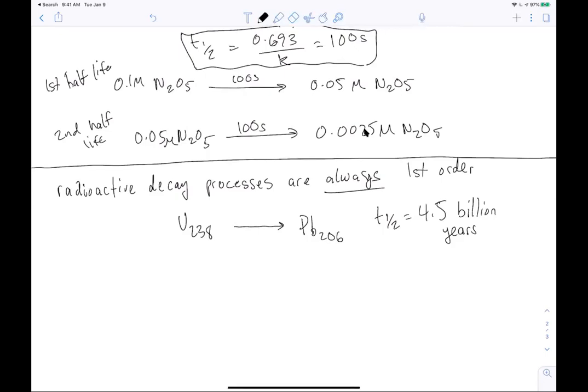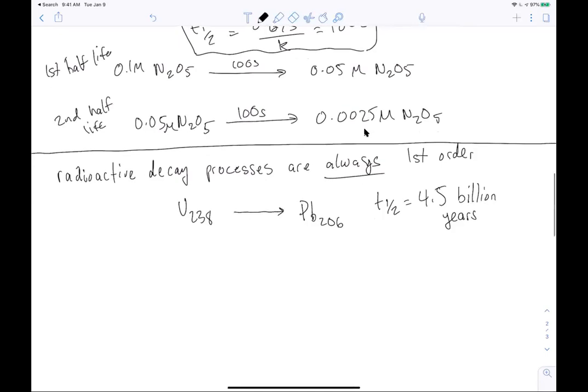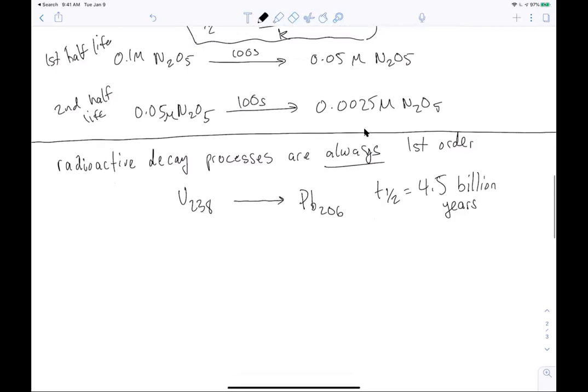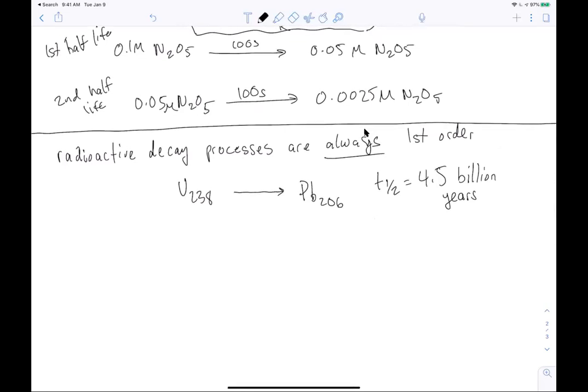And so anytime you're given a first order process, it could be a radioactive decay process and you're told what its half-life is. For example, it could say, let's say we have 100 grams of uranium-238. How long